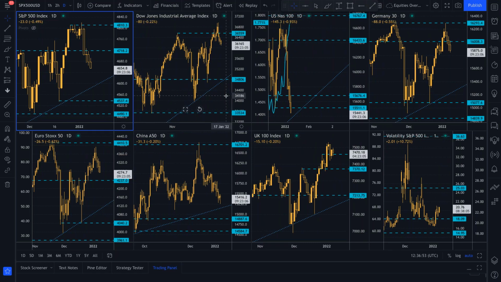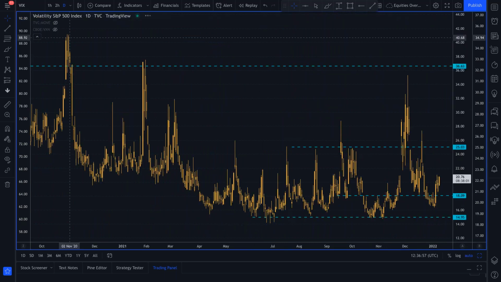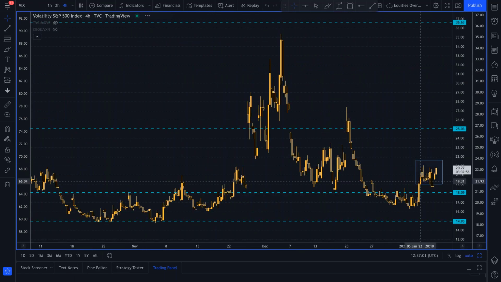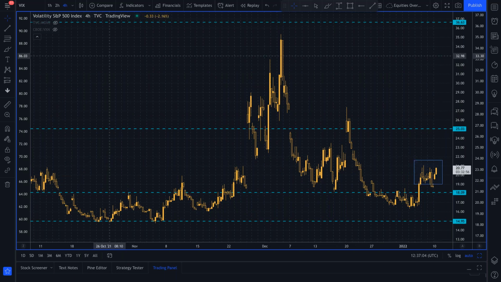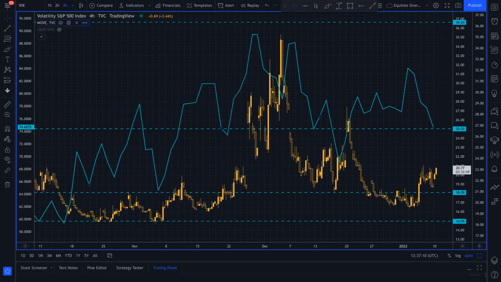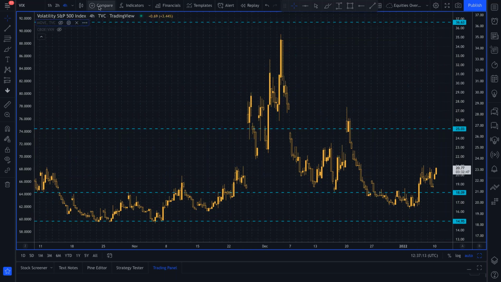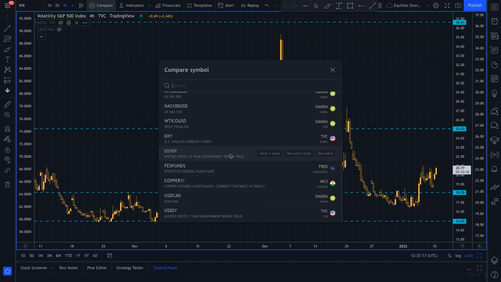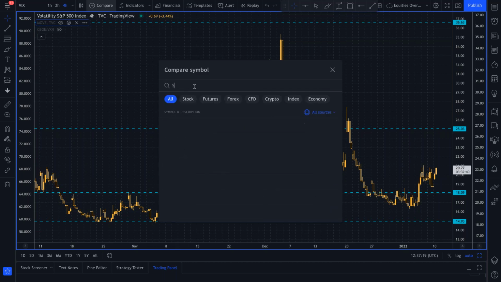Now with that being said, take a look at the VIX. The VIX is always a good indicator, and the VIX is trending higher. So the VIX keeps moving higher, trending to the upside. That does indicate further downside in the S&P 500. If you just take a look at the volatility of the bond index, that is thankfully dropping a little bit lower. But if you just put the S&P 500 onto this chart, we just do a quick overlay here.